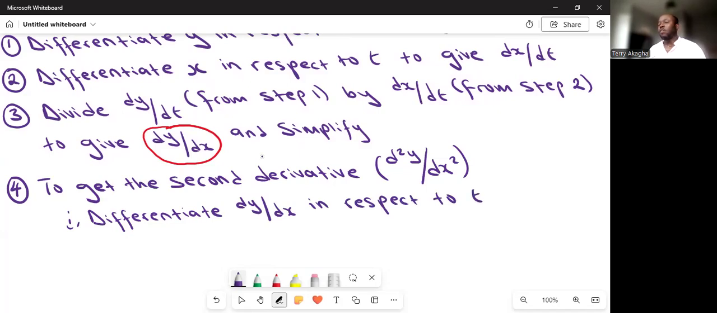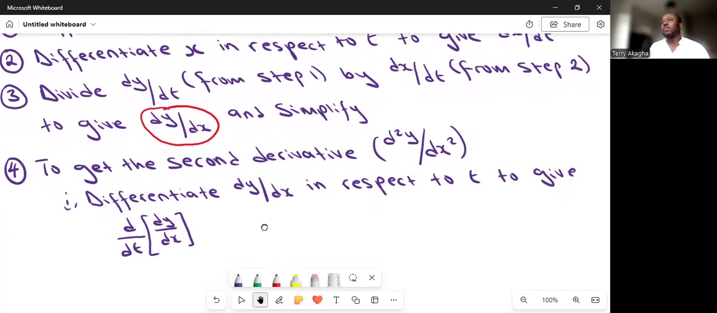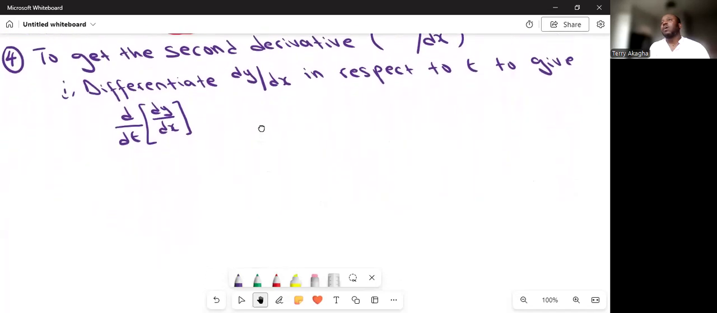Okay? And this is going to give you d dy over dx over dt. Is that okay? We're going to give you dy over dx over dt. All right? So number 2,